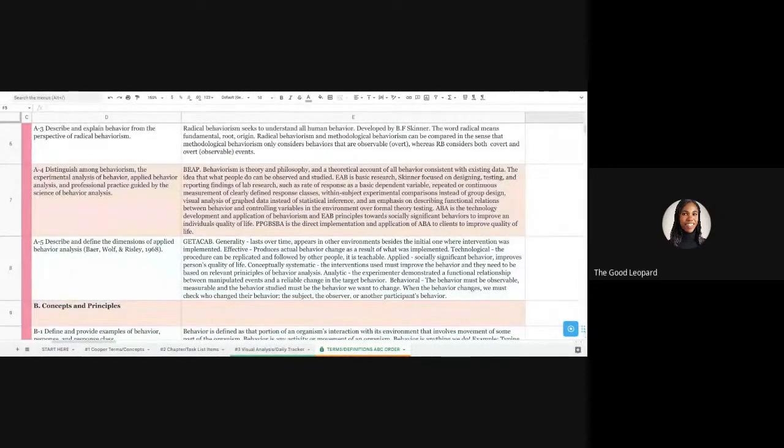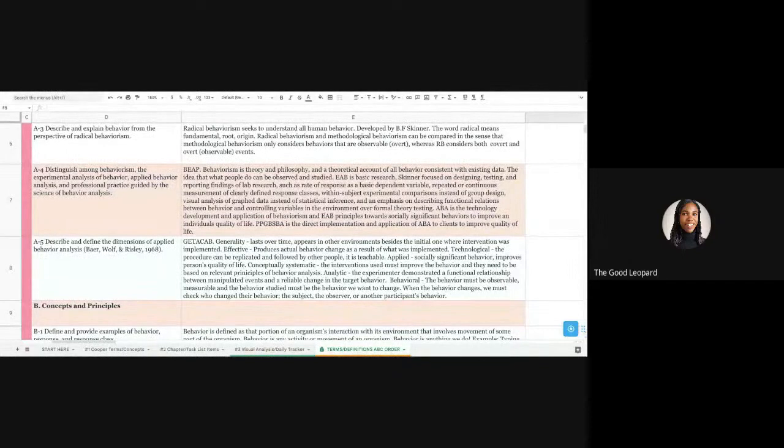So pretty much we move from the lab and the scientific lab coat to the field. We're working with clients, we're writing the plans, we're teaching the plans, we're doing all those things based on the scientific evidence that have been published and taught to us. I think we kind of know about ABA, so I'm going to move on. All right, so now the last letter in BEAP is professional practice guided by the science of behavior analysis. I did use an acronym for that because I didn't want to retype it out, but hopefully you know what it is.